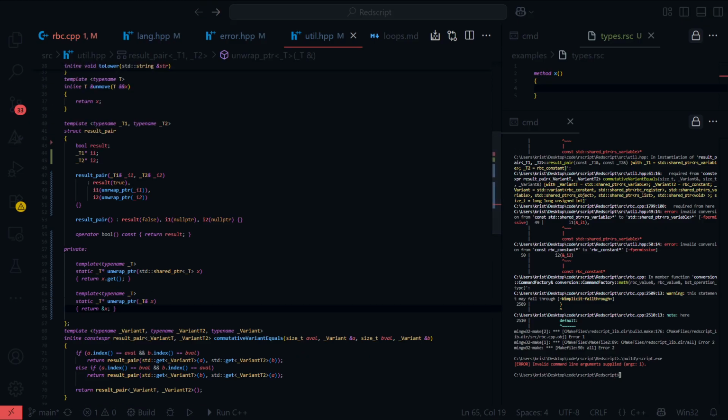Okay, so let me see. C++ remove shared pointer from type. Yeah. Doesn't exist. Google.